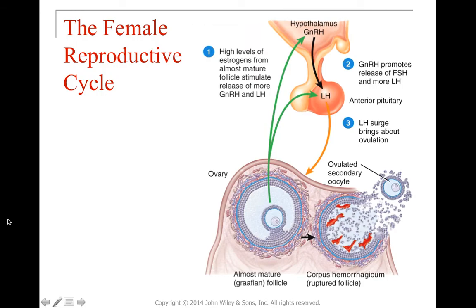Okay, so here, this is what I was talking about with the high levels of estrogen. They're going to come from the mature follicles, or the almost mature follicles, and that's going to stimulate the release of more GnRH and LH. So the mature follicle or premature follicle is going to have a positive feedback loop where it's going to secrete more of the GnRH and the LH, which is going to increase its ability to eventually become ovulated, okay? Because that LH surge is what's going to cause it to rupture. So this is one of the very limited examples of a positive feedback loop